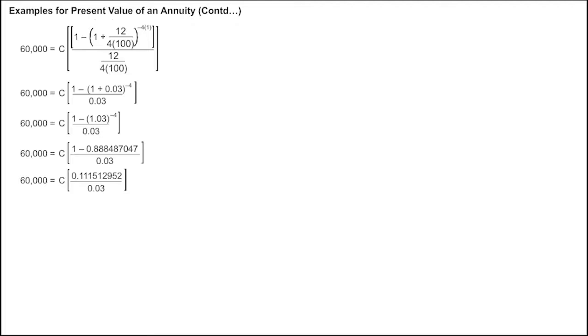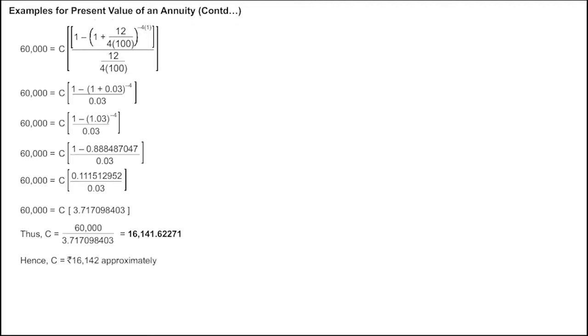When this value is divided by 0.03, we get 3.717098403. Now we want the value of C, that is the quarterly installment, which will be nothing but 60,000 divided by 3.717098403, which is equivalent to 16,141.62271. So approximately your quarterly installment is rupees